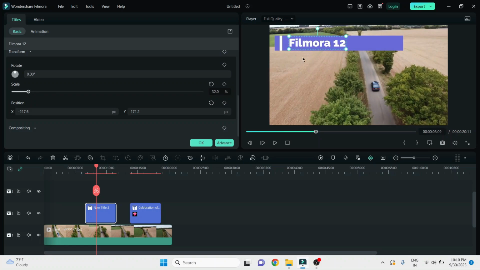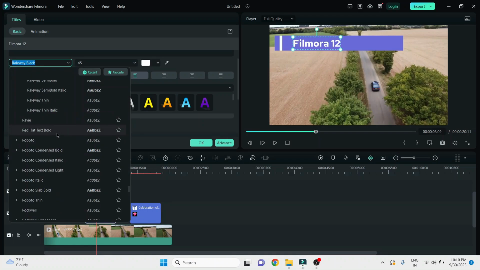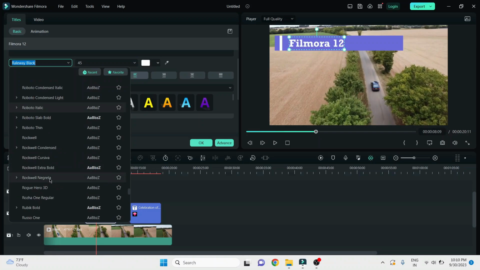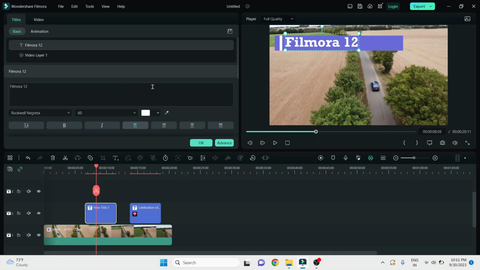I can resize it. Guys, on the screen also you can resize it, you can rotate it. All the things you can do from the screen also. These are the options. If you want to change the font, you can change it from here. For example, you see on the preview window, the font is changing. So you can change the font, you can change the size. You can change many things.